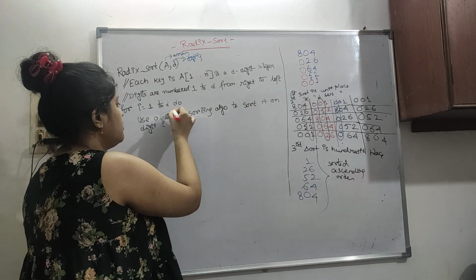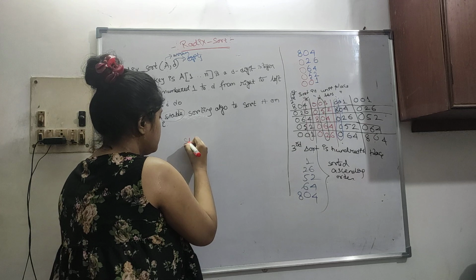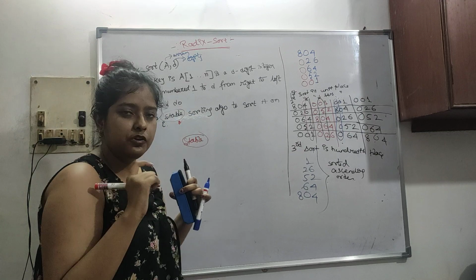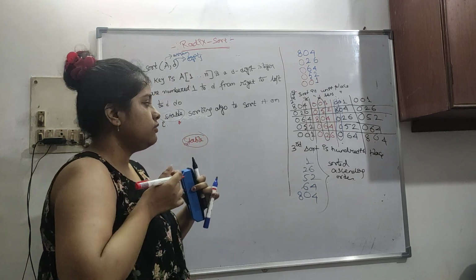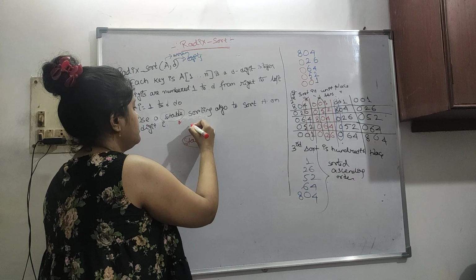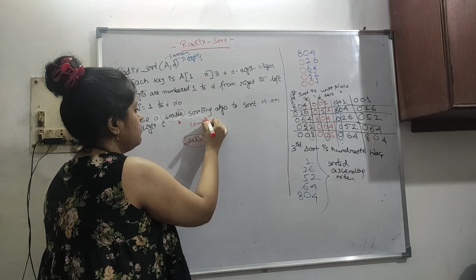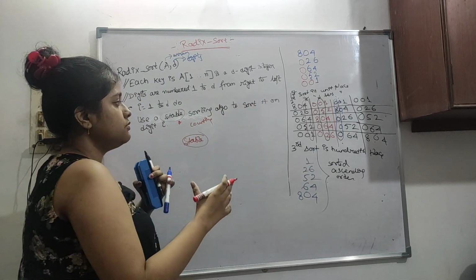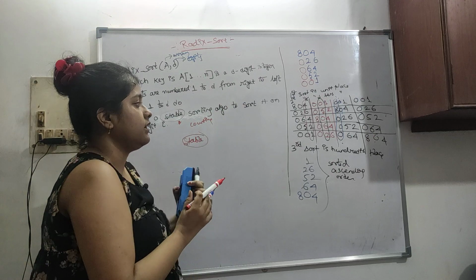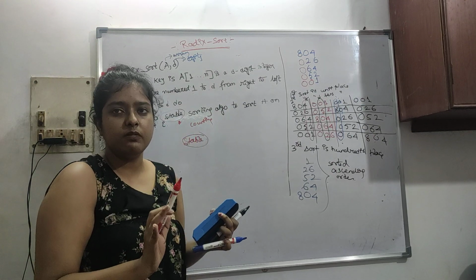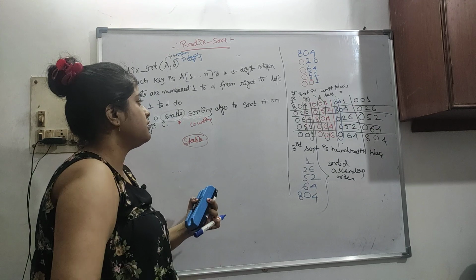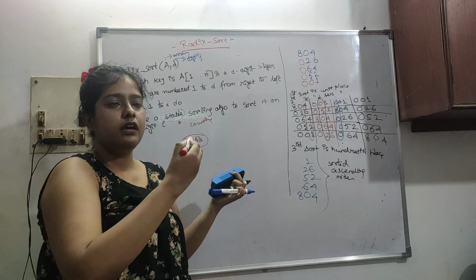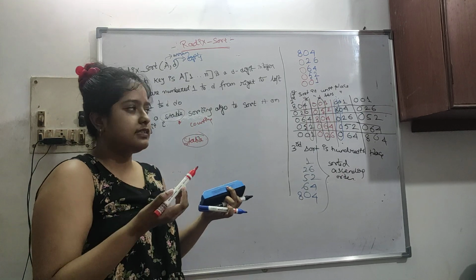Okay, so I forgot to mention stable sort. While making notes, just put an asterisk here. I am going to tell you what a stable sort is, everything I will tell you. Just for your sake, you can say counting sort is used. We have already done counting sort. Let's say the counting sort algorithm is used to sort A on digit I. I will tell you about stable sorting algorithms in another video. I will make a separate video on that, because some questions may be asked to identify which of these are stable sorting algorithms.